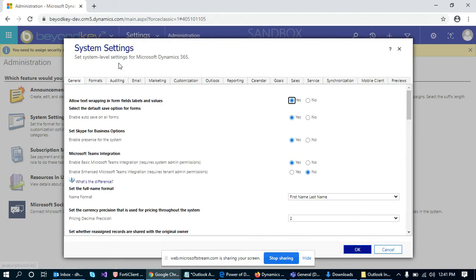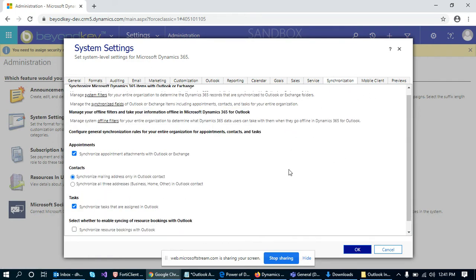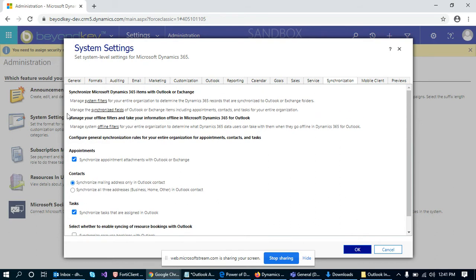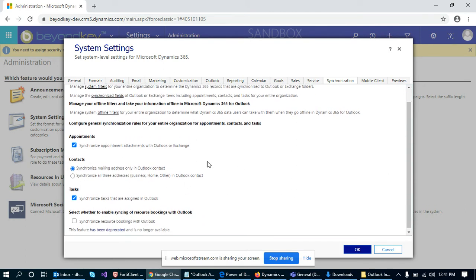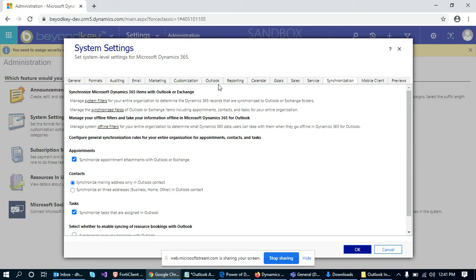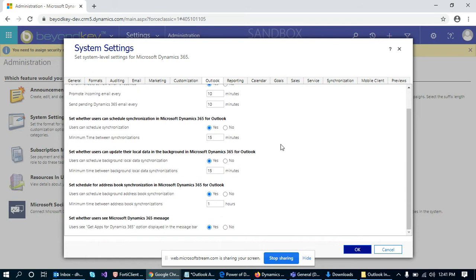Here in the system settings, we can click on synchronization and we can see that the synchronization is enabled as of now. We can also go to the Outlook tab and apply similar settings.